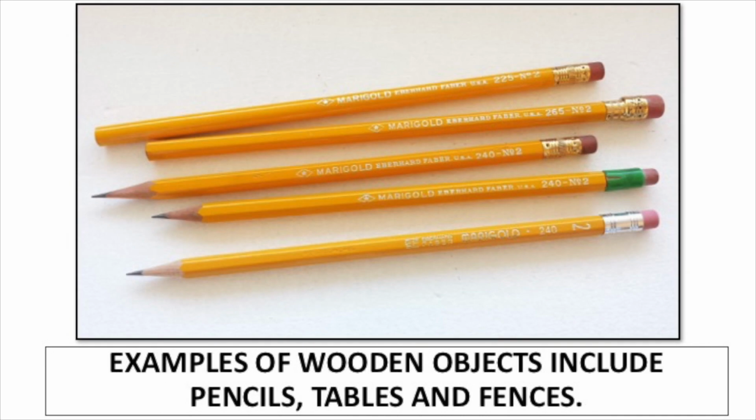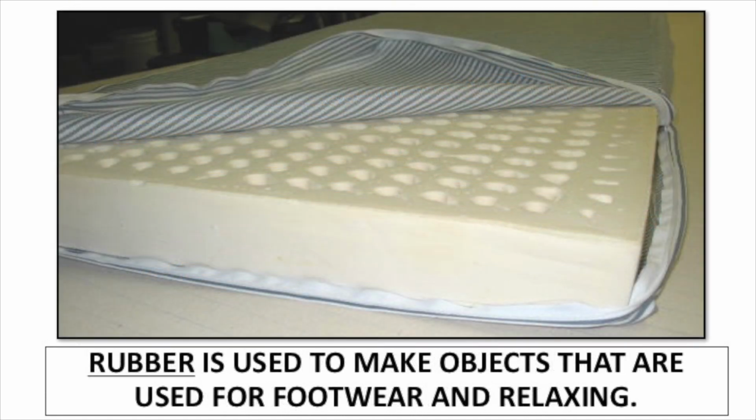Wood is used to make objects that are used for furniture and stationery. Examples of wooden objects include pencils, tables, and fences. And then our final material, guys, rubber is used to make objects that are used for